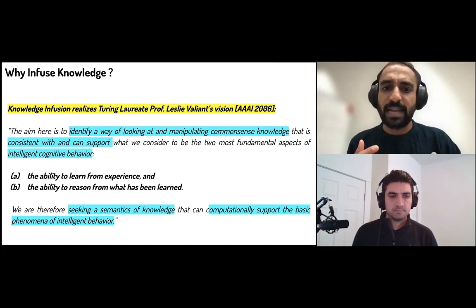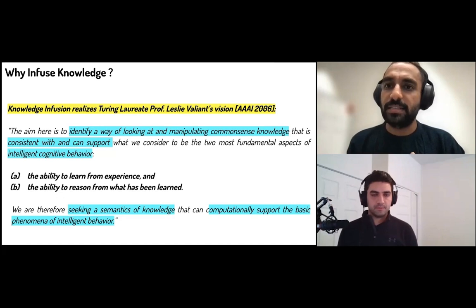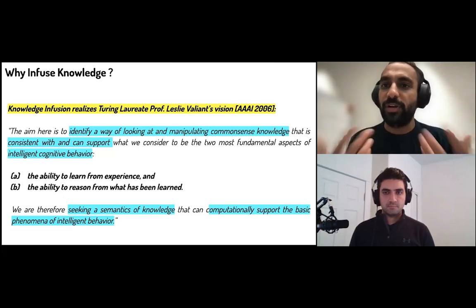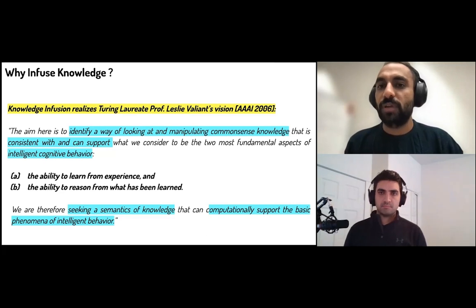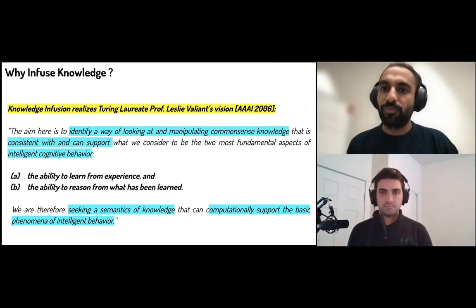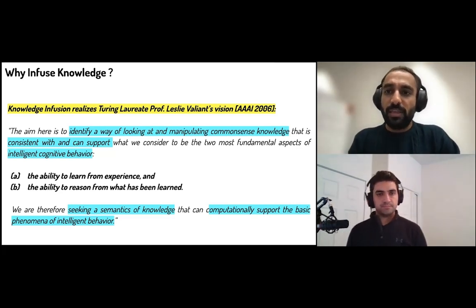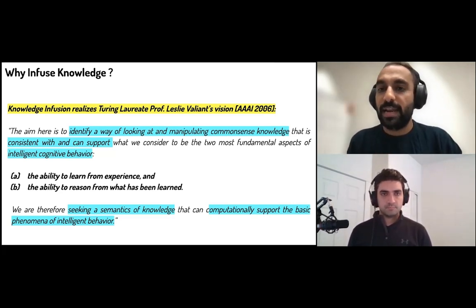So I think that is very much in line with the annotation process, Walid, where the annotators actually learn from their experience, and when they improve their annotation capability, the model needs to adapt to their changing abilities to annotate. So you are learning with your experience and you're improving with your experience. Therefore, we are seeking a semantics of knowledge that can computationally support the basic phenomena of intelligent behavior,